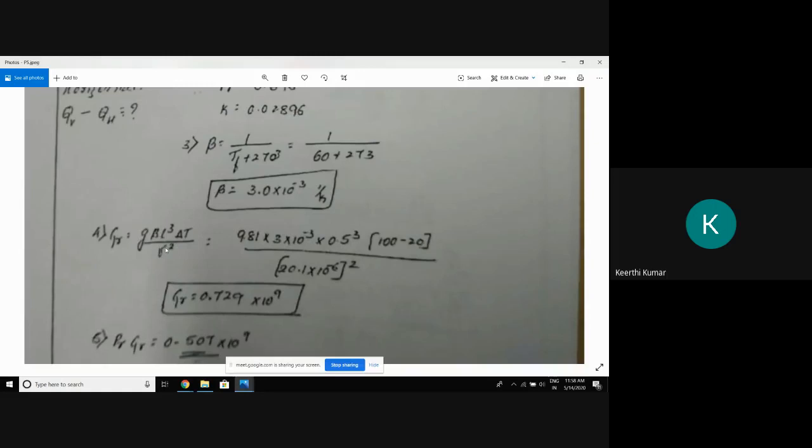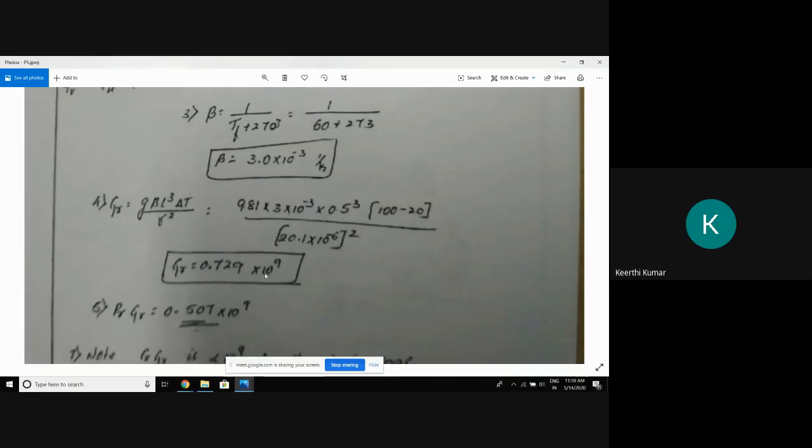Now, here, since the plate is kept vertical, we will take L itself, the length of the plate, as simply LC. I'll tell you when we go for the horizontal plane. So GR is equal to g beta L cube delta T by kinematic viscosity squared. G we know, beta we got right now. L is 0.5, that means the vertical length of the plate is 0.5. Delta T is T wall minus T infinity, divided by kinematic viscosity. So calculate the Grashof number. Don't believe this answer, please calculate. The value of Grashof number we got is this much.